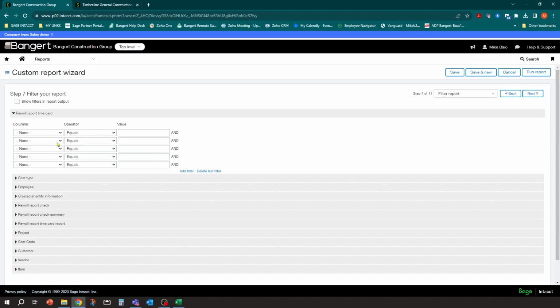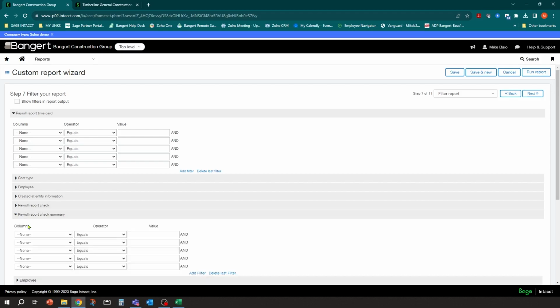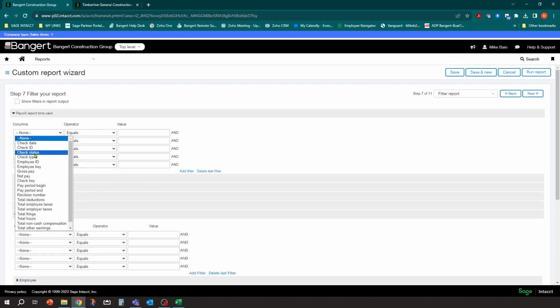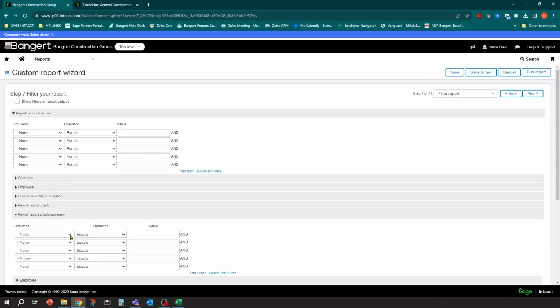So in our scenario, maybe we only want to see where the check is pending, right? So if I go, where is that? Well, I can try the report time card, but I'm not going to see a status here for the check. This is just time entry. So you will see there is two other tables that are related that we can use, the report check summary. One of these is going to have the status on it, and there it is. So I went to the report check summary, and I'm going to say check status equals pending, and you can type it in. So you do need to know what the exact value of that is.